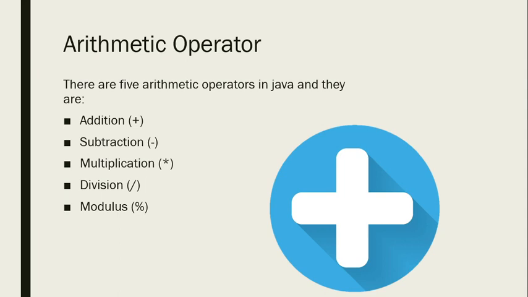Let's take 5 divided by 2 as an example. In the case of division, it will give the answer as 2. In the same case, if you use modulus, it will give you the answer as 1, as 1 is the remainder of the expression 5 divided by 2. Moving on to our next operator,